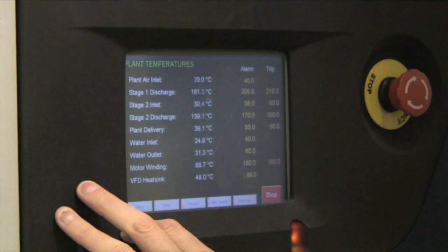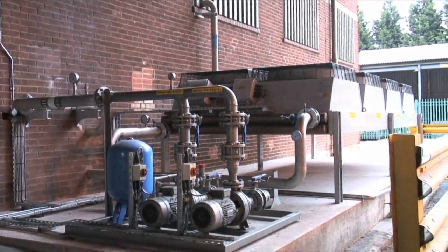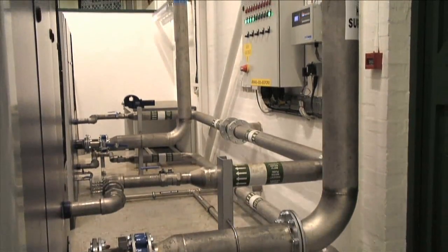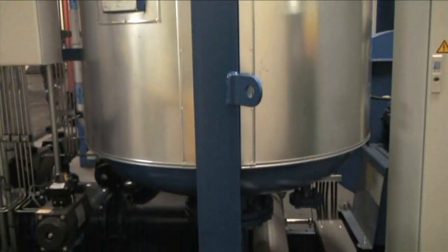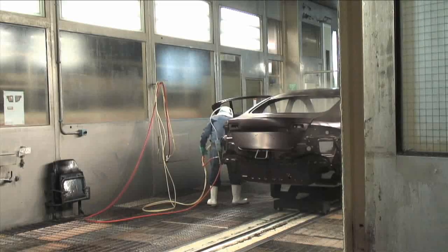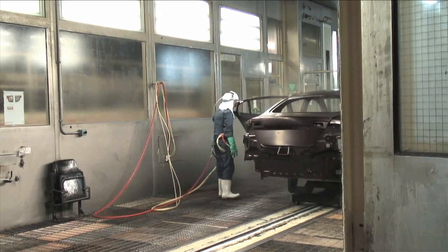Two Quantima compressors being controlled by a smart air master controller and with a closed loop air blast water cooling module generates compressed air at 8 bar. This is then transported to a desiccant dryer, which in turn the now dry air passes through a series of CO2 scrubbers. These ensure that the air meets breathing air safety standards. This is crucial as a proportion of the air is used for personnel breathing masks within the paint shop booth